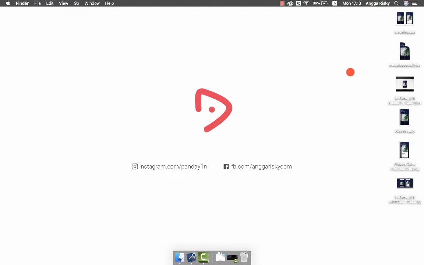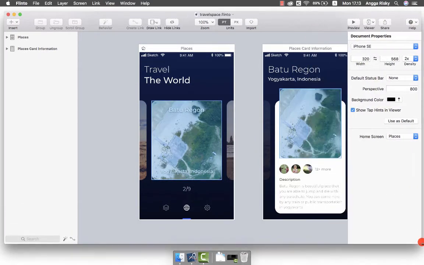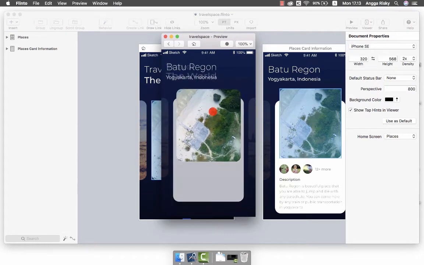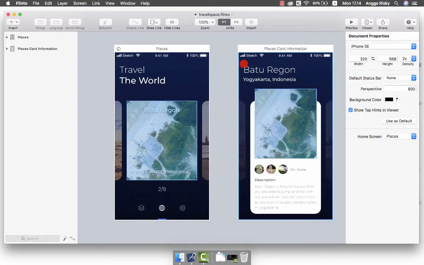So previously we learned about this one, okay? But I think I had a little problem with the transition when it goes back to the card. So let me show you here. This is our last practice, right? When I click this and click again, you see the transition wasn't there. So right now we want to modify and design the other screen that we need in this